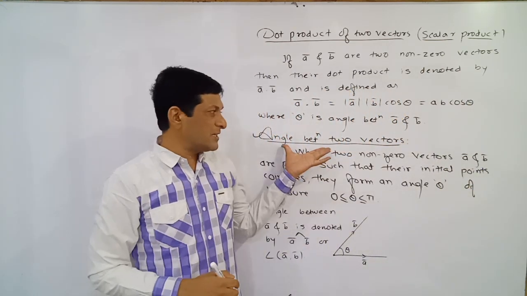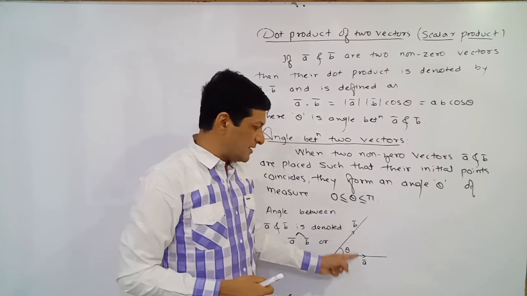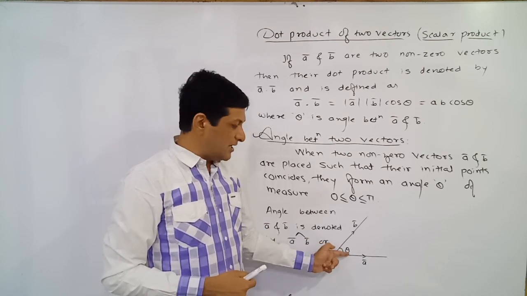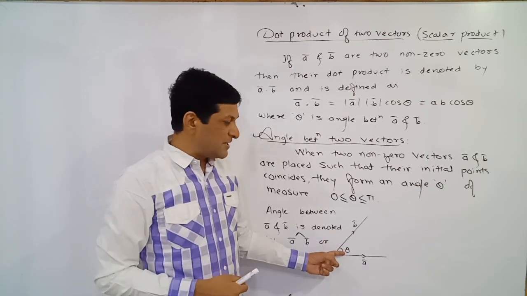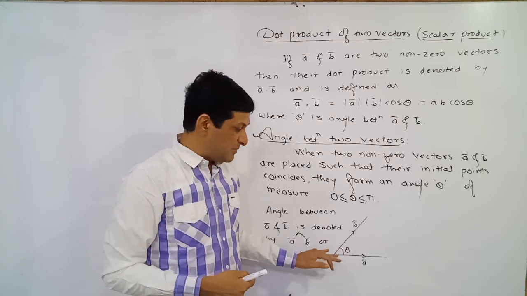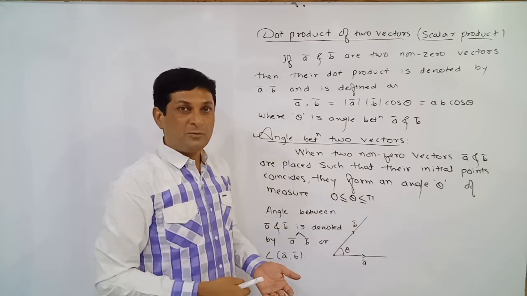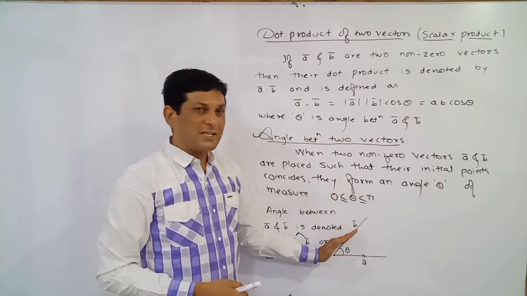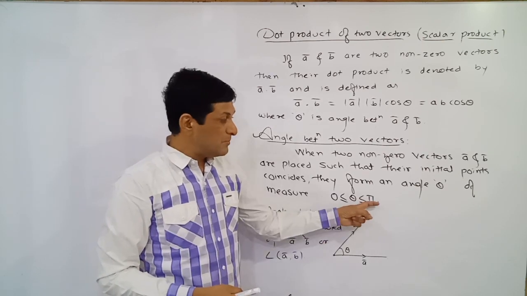So let us try to understand the meaning of angle between two vectors. If a bar and b bar are any two vectors having the same initial point, then this theta is nothing but the angle between these two vectors, which we have denoted by theta. One possibility is that a bar and b bar coincide with each other and are in the same direction. At that time this angle will be equal to 0. It may be possible that the value of theta is 0, or that theta is an acute angle, right angle or obtuse angle, or equal to pi.